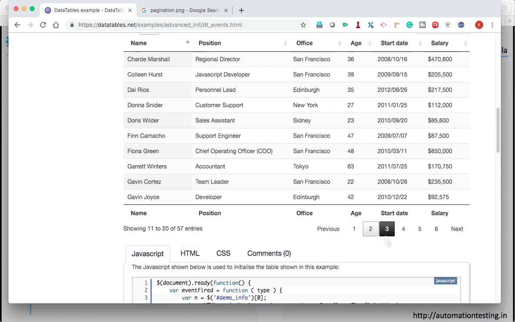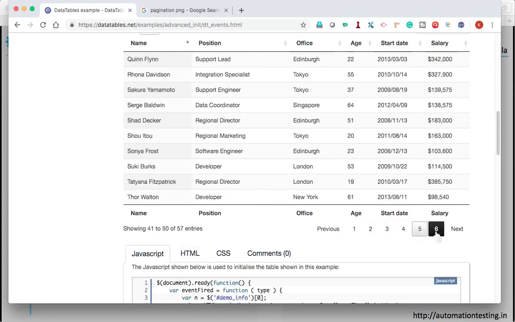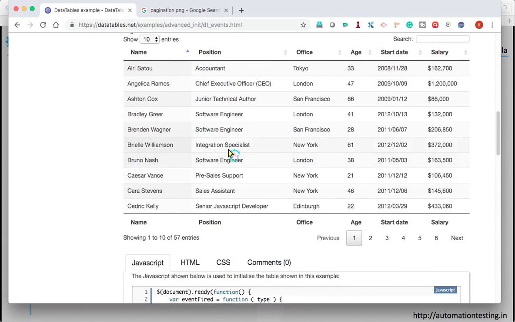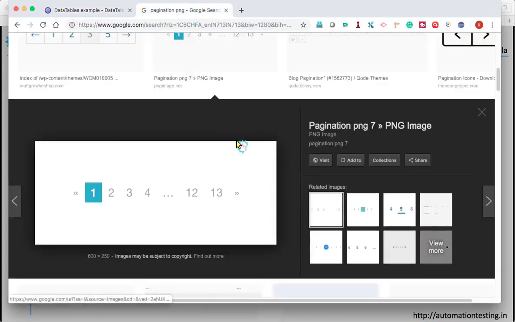So for that, I need to click each and every page and capture all the names. In our previous video, we saw how to do that using a for loop. I'll provide that link in the description for your reference. When you watch that video, you'll come to know what the issue with the for loop is.